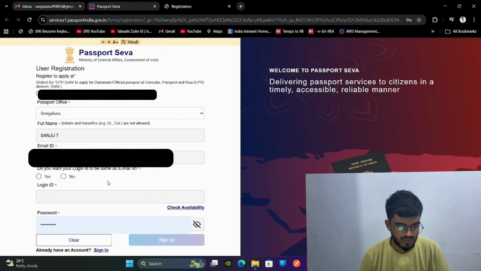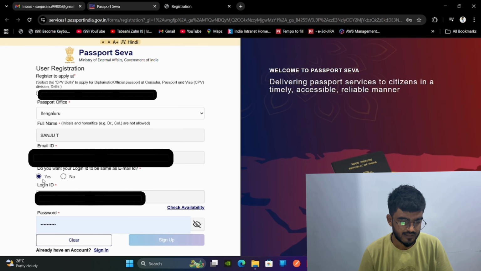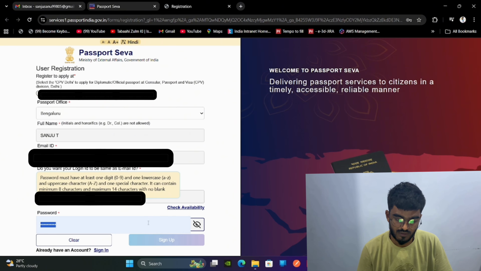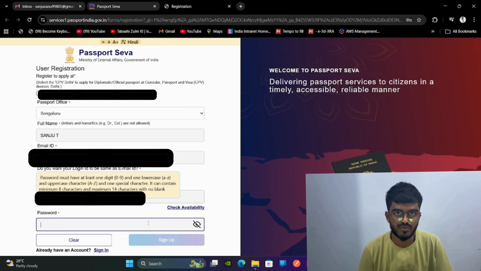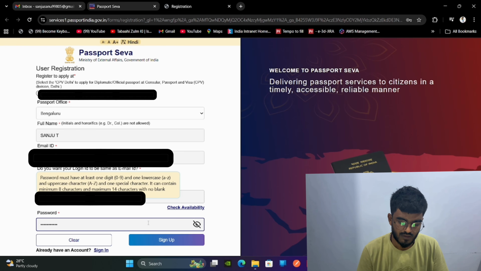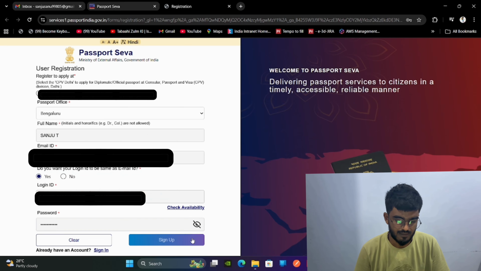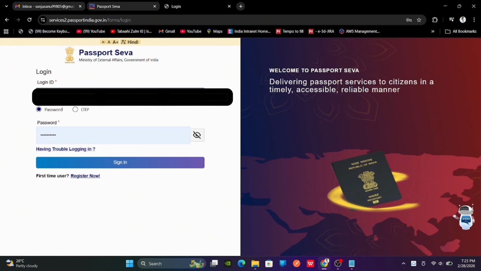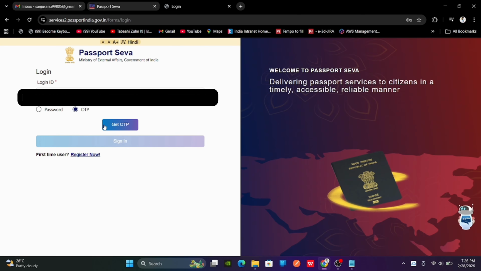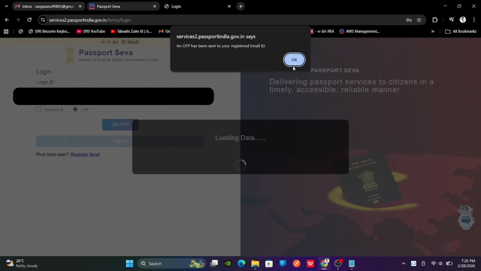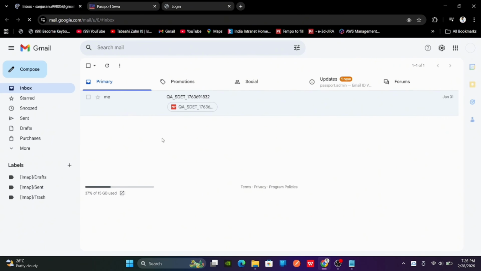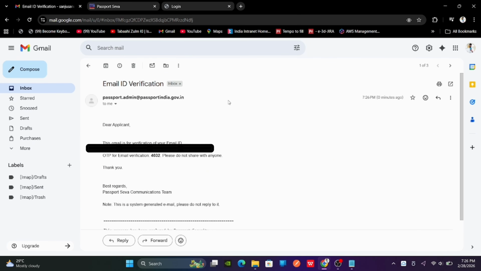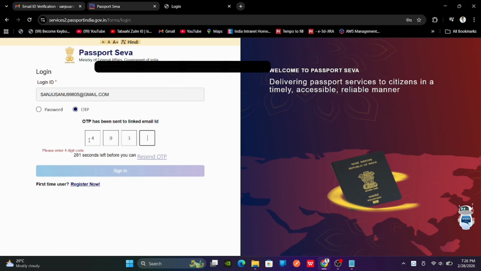Now I'm going to set my login ID as my email ID. Now I have to create the password. We have to satisfy all the criteria given here. I'm clicking on sign up. Once I click on sign up, enter your login ID, then click on get OTP. Then enter the OTP you received in your mail. I go to my mail, copy it, come back to the page, enter it, and click on the